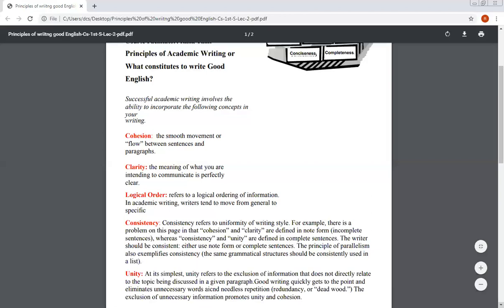The second concept, the second terminology that we must be well aware of, is clarity. Something which is not clear obviously will not leave an effect on the reader. So it must be clear. And how can we bring clarity in our composition? The first thing is that we must be very clear about the topic we are writing about. We have to restrict ourselves to the topic we have selected for writing. Nothing which is irrelevant to the topic. Then things will be clear.